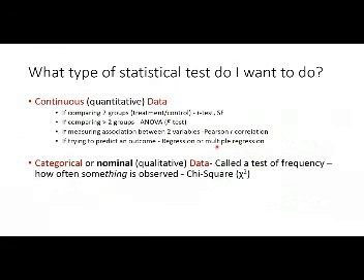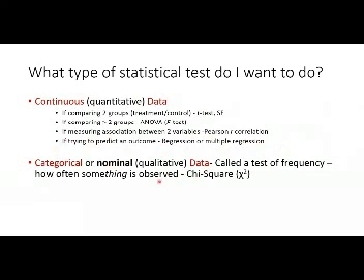These are the guidelines on which test is used at what point of time. If we are dealing with continuous data, the quantitative data, and if we are comparing 2 groups, for example treatment and control group, then we use either t-test or standard error of the mean. If we are comparing more than 2 groups, then ANOVA or F test. If we are measuring association between 2 variables, then Pearson R test. And if trying to predict an outcome, then regression or multiple regression.